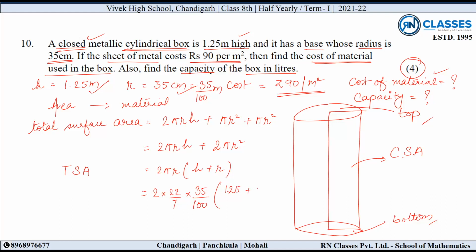एच मुझे दिया हुआ है 1.25 प्लस 35/100 इज द रेडियस। सॉल्व इट टू गेट इट टोटल सरफेस एरिया। आराम से लिख लेते हैं, 2 into 22 divided by 7 into 35/100, right? LCM 100, this would come out to be 125 plus 30।